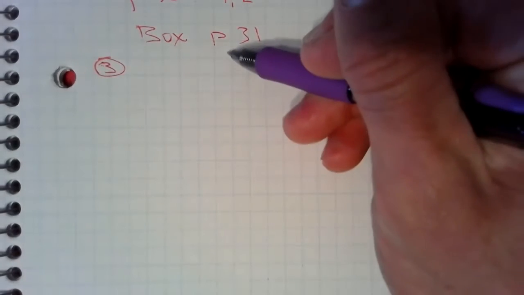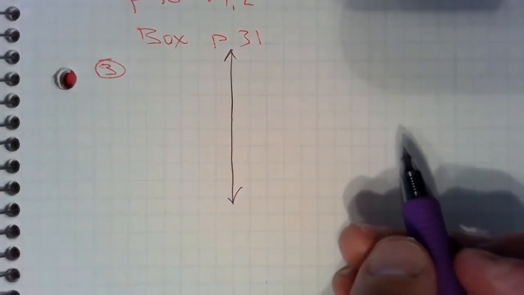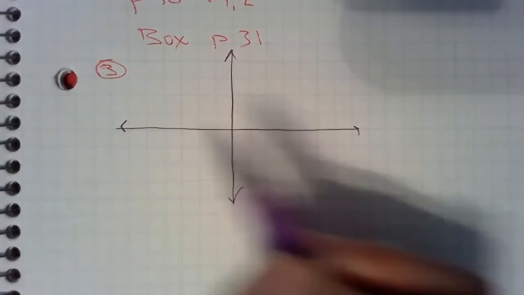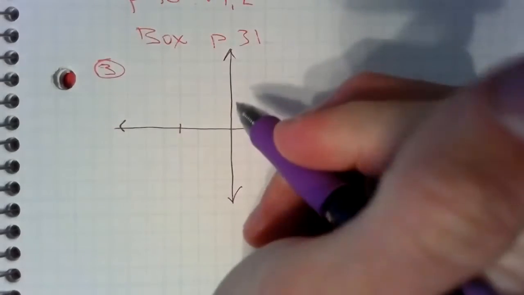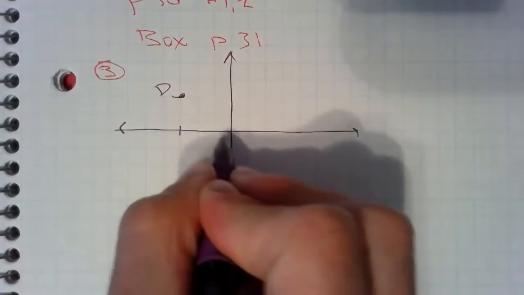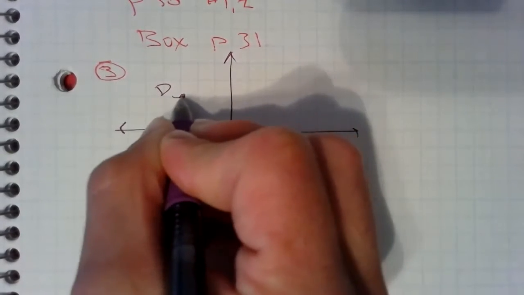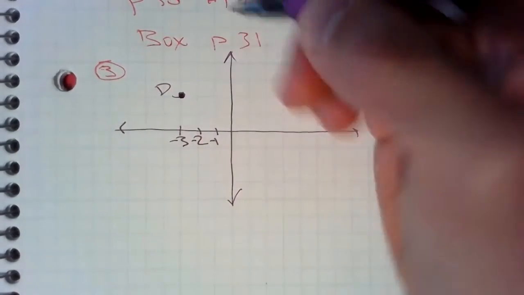So I'm reading number 3 right now with my eyes, and I'm thinking, what kind of Cartesian XY plane do I want to make? Looks like -5 to 5 will work. So D is at -3, 2. Okay. Now, I was going to say I'm going to make points and label the points, and you do need to in general, but right now, since we're just putting points on there